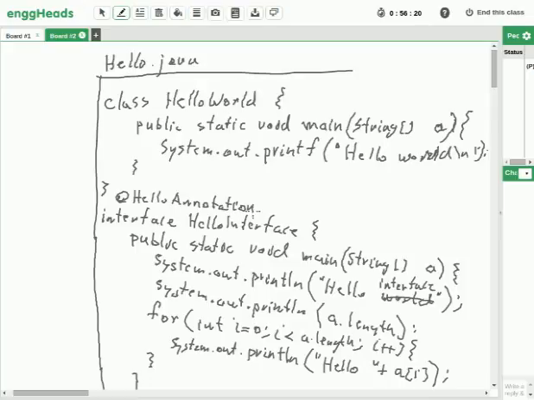Instead of hello annotation, let me have an annotation by the name difficult. I'll just say @interface difficult. I want to mark this to be a difficult thing. This interface is difficult, @difficult. It's your own